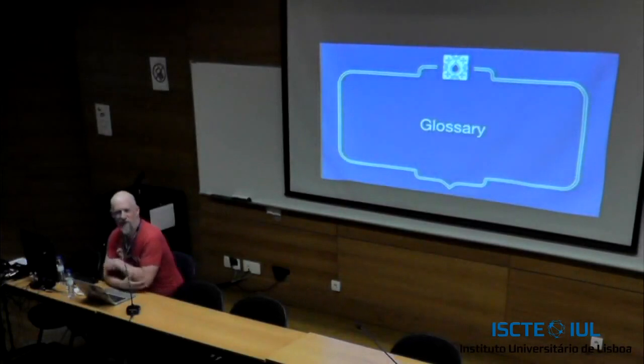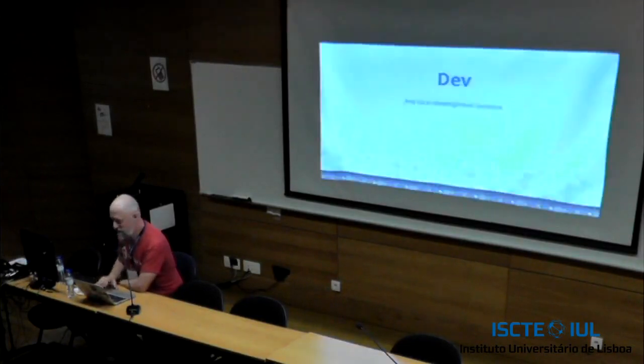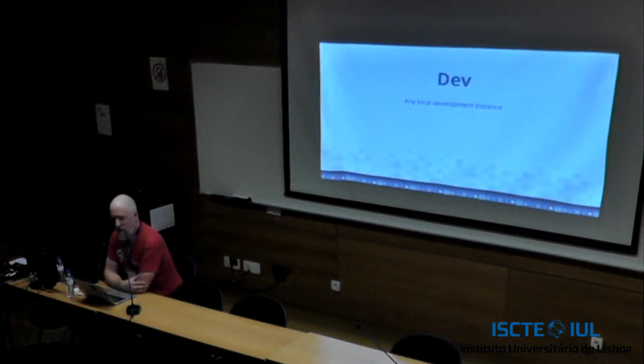While reviewing this, I realized that I use about 6 words over and over again. So I thought it might be a good idea for me to say just what I'm talking about when I say them. So a short glossary to begin with. When I say dev, I'm just talking about any local development machine, something that runs on a workstation, on a laptop, something like that. I realized only later, of course, that some people will have remote servers running development code, and they'll refer to it as dev and have different names for things. So when I say dev, that's all I mean. It's just the local machine.